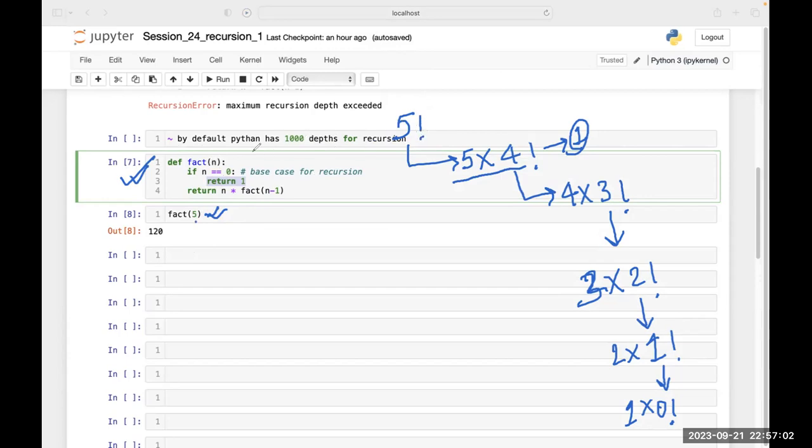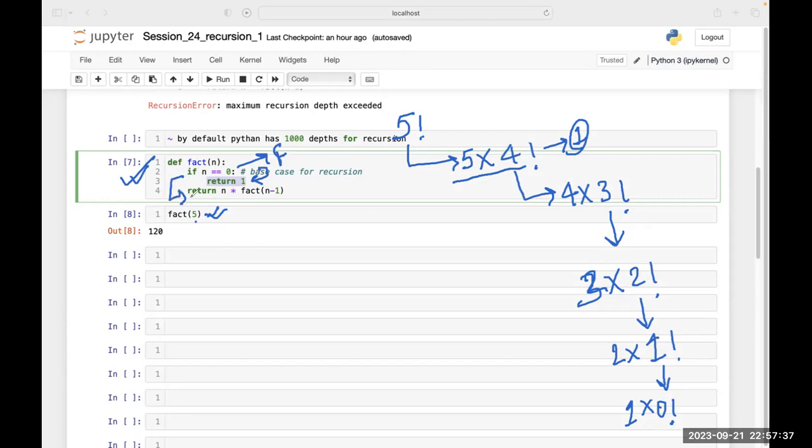So it is checking, if n is equal to 0, is 5 equal to 0? Tell me, yes or no? No. That means it is false. This condition will become false, and it will not come here. It will come here.